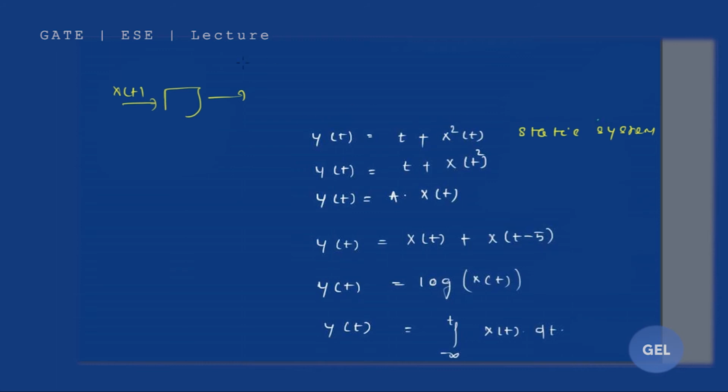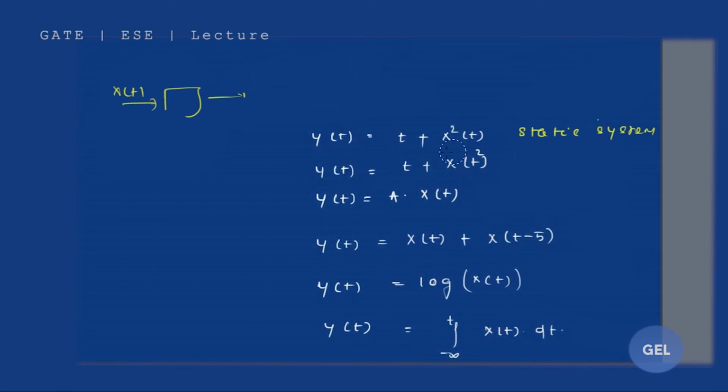What is this question actually? You are getting y(t), which is t plus x square t. That means you are getting h of x(t), which is nothing but t plus x square t. Clear? This is the response. So what is this question asking? This question is asking about y(t), about h of x(t), about the response of the system. And from observing the response of the system, we can say that it is only depending on the present input.